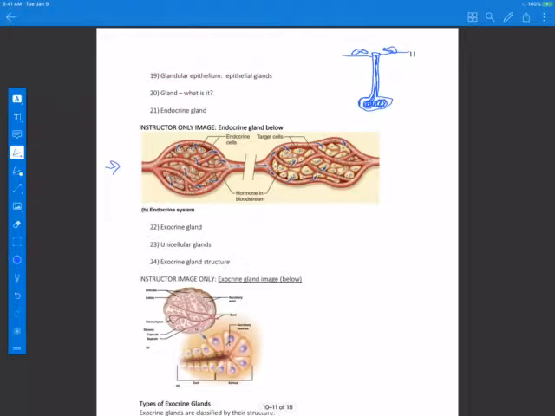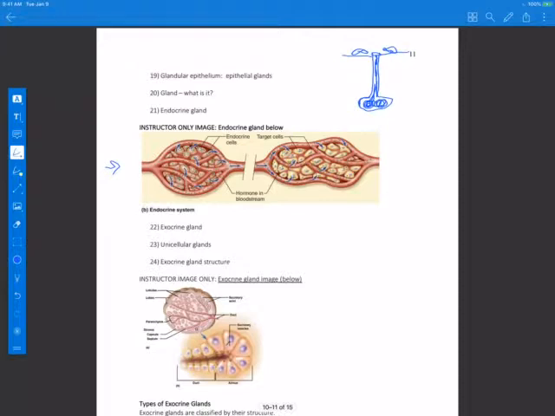At the same time, there are some isolated patches of endocrine cells in the pancreas as well. And these cells release hormones directly into the blood. One hormone is insulin and one is glucagon. And these two hormones cause opposite effects, but they both control blood sugar levels. So the pancreas is both an exocrine and an endocrine